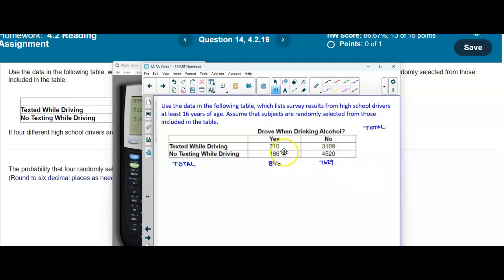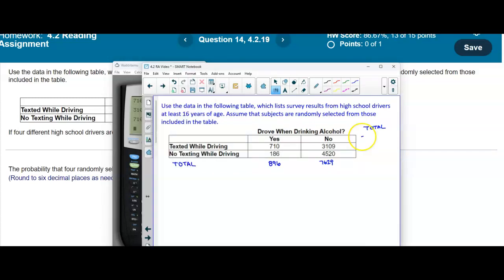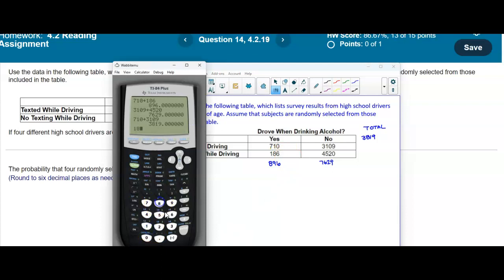So if we want to find the total between 710 and 3109, so 710 plus 3109, that gives us 3819. And then for the second row, we would take 186, add 4520, and that gives us